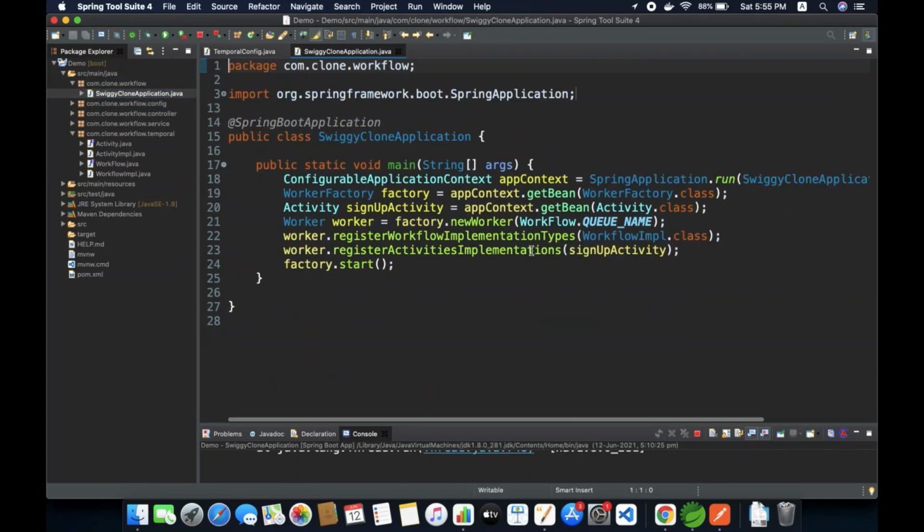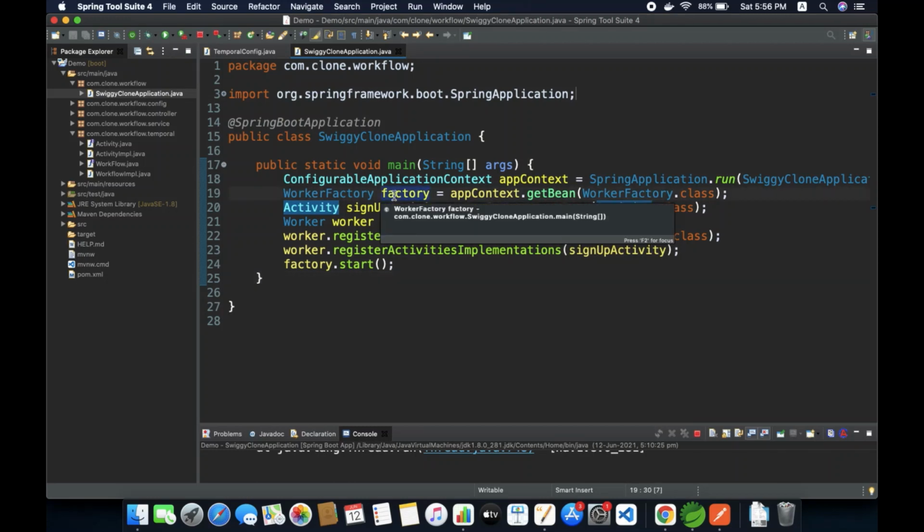So coming back to your main application, here I have created a worker factory for my entire class. Since I'm starting my Spring Boot application here, this will be running each and every time. Along with that, during the time of starting our Spring Boot application itself, this worker factory will be created. Followed by that, I am utilizing my activity interface, which will again be used by this factory. Now I'm creating a worker and using this factory to register my new worker.